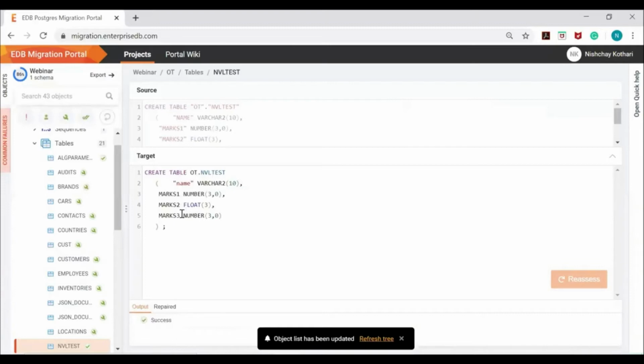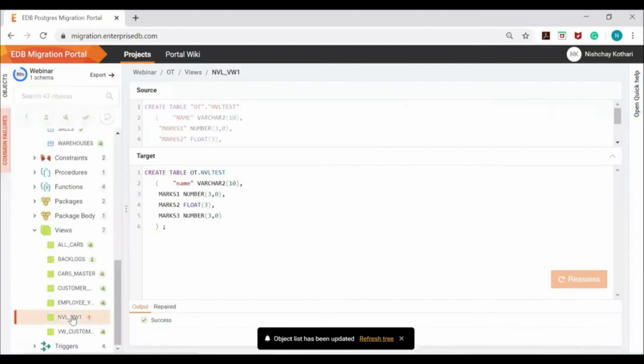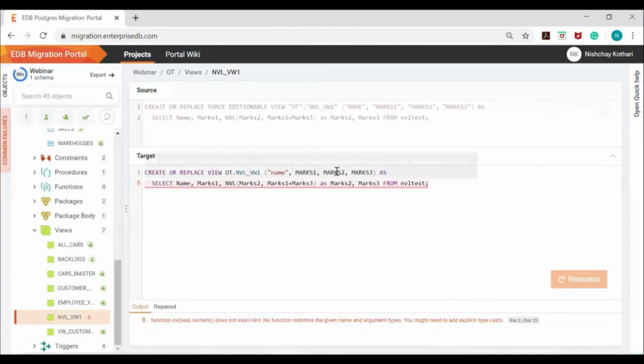Marks 1 and marks 3 are of number data type, but marks 2 is of float data type. In Oracle, it would definitely be considered numeric and allow us to perform the operation, but in Enterprise DB PostgreSQL, you have to perform the typecast. So I will make this particular data type a number.